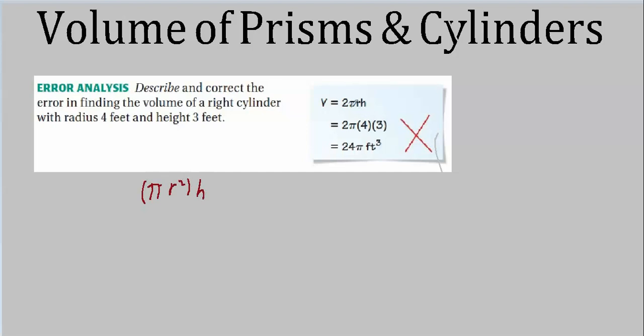So what did he write? Well, gee, this doesn't look right at all, does it? What you want is pi r squared, not 2 pi r. Everything else is okay. What he did was take the circumference and multiply it by the height. That would give you the lateral surface area. It would not give you the volume of the cylinder. What we need here with a radius of 4 feet is pi times 4 squared, which is 16, times 3 feet.